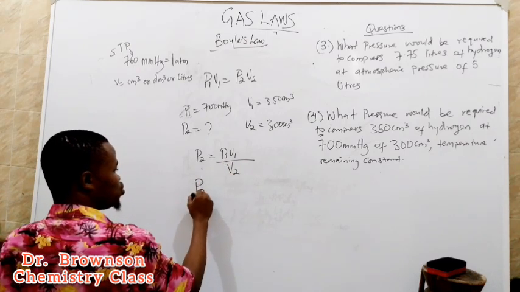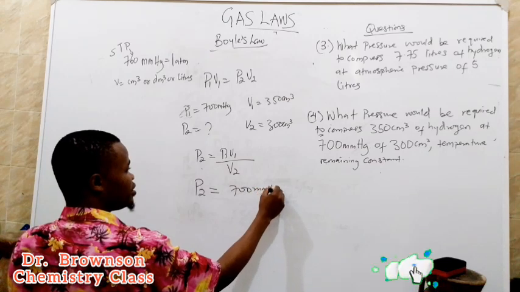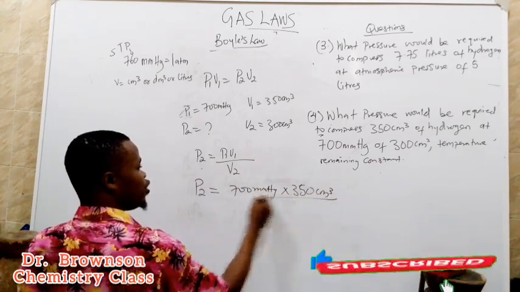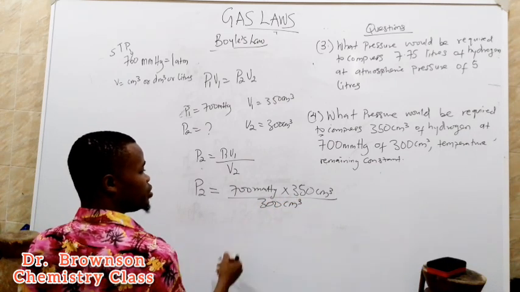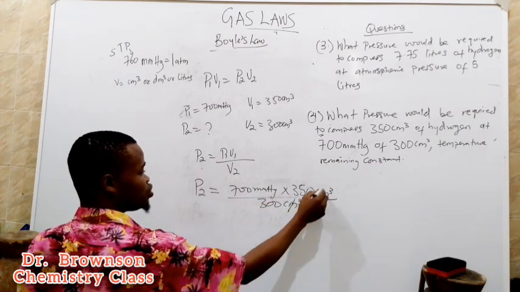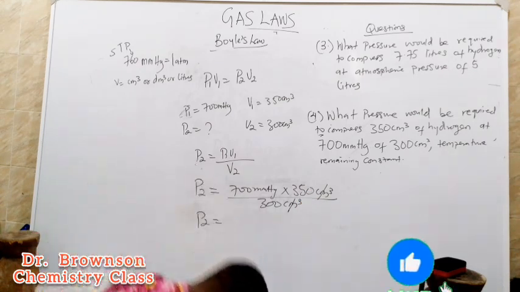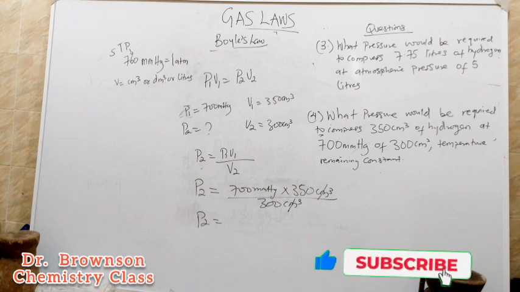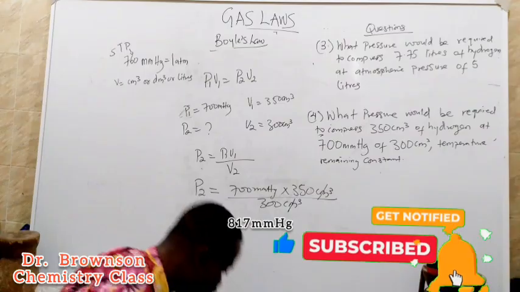So P2 equals 700 millimeter mercury times 350 centimeter cube all over 300 centimeter cube. Centimeter cube cancels centimeter cube. So we say 700 times 350, all over 300. After calculating, over here I have